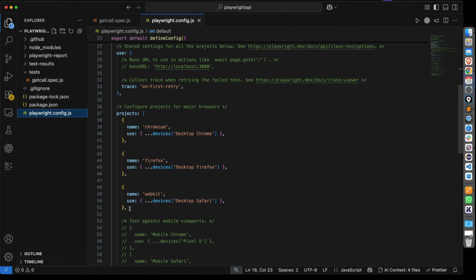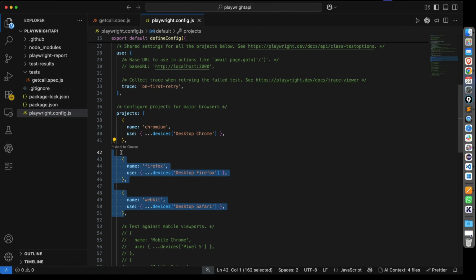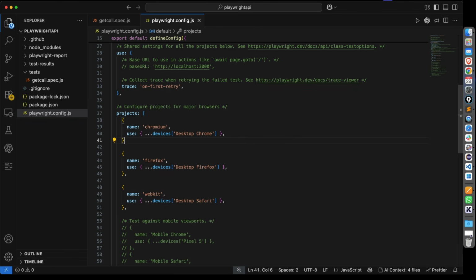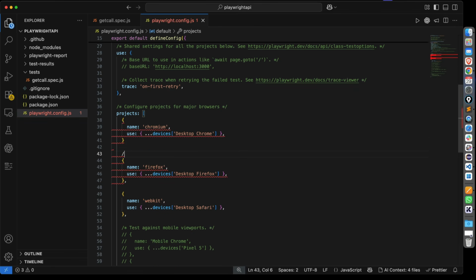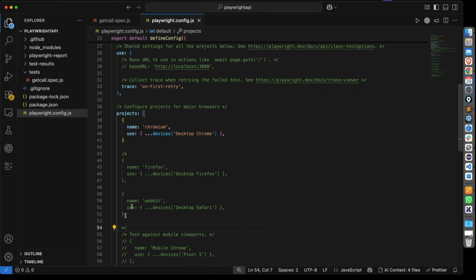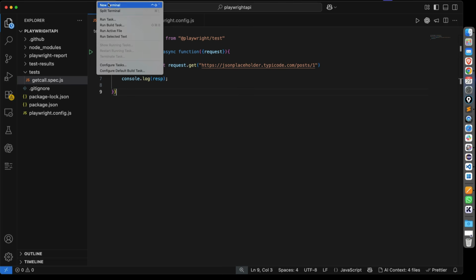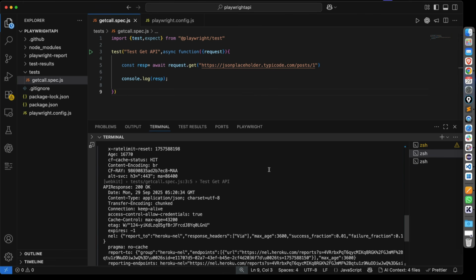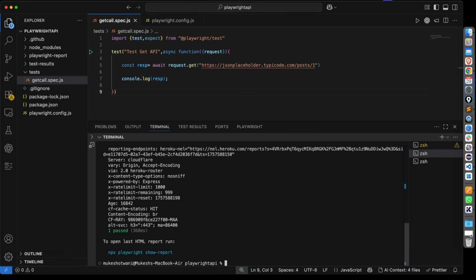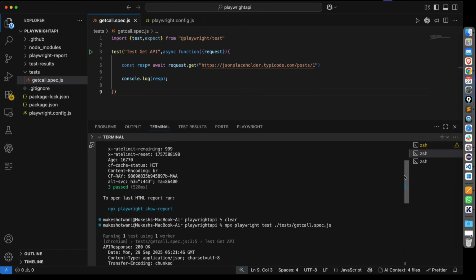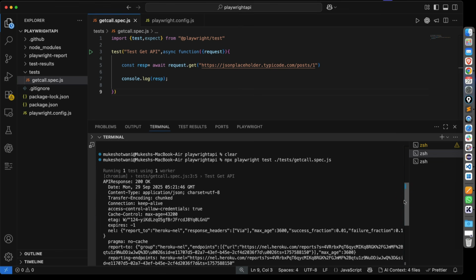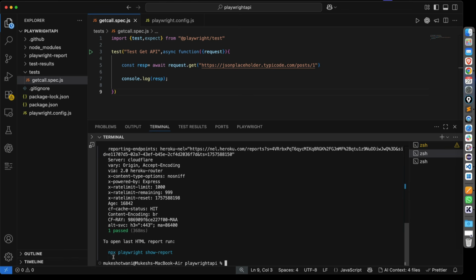Now, let's say I don't want that, I can basically comment these two. I will remove this comma, use slash star, and same thing, star slash. It means use only one browser. Again, if I open terminal, it says passed. Obviously, it will show passed because we have not added any assertion, but we got all the details. If you want to see the report, just execute this command, npx playwright show report,